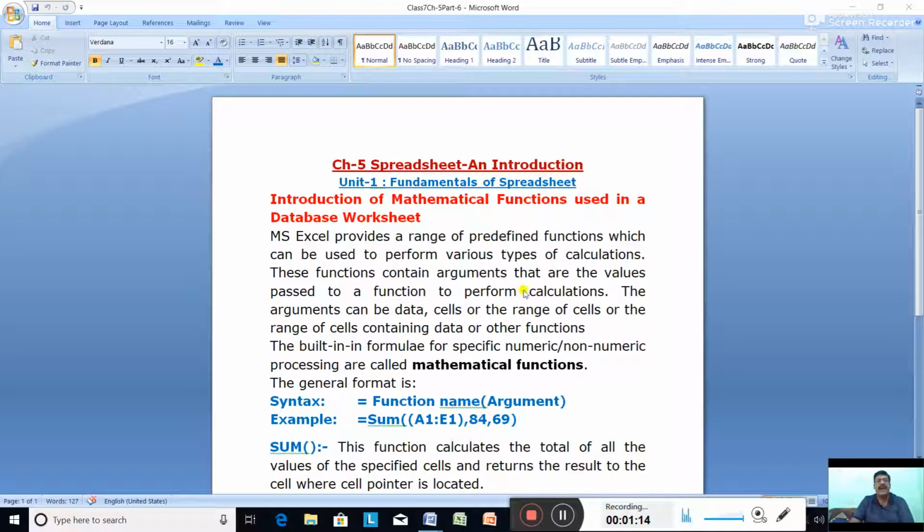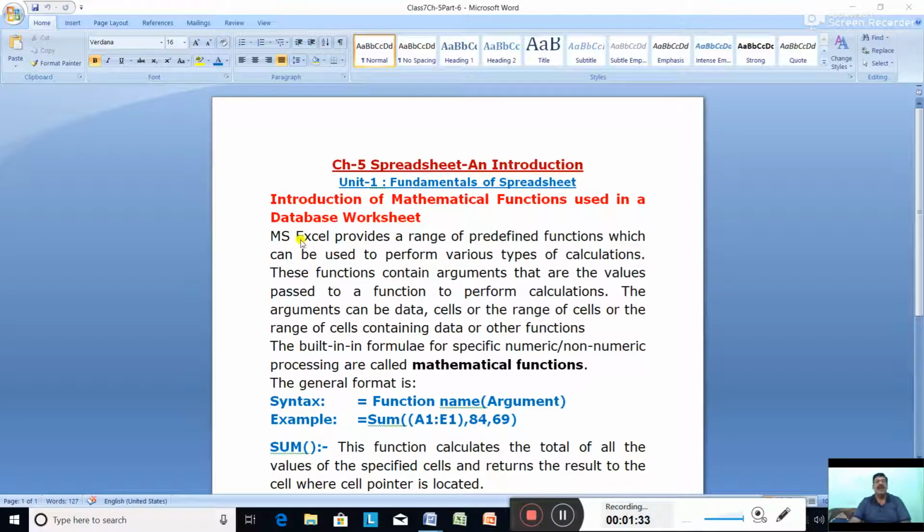So arguments we write in the brackets of the function. Functions are like sum, like average. The arguments can be data, or cell names, or a range of cells containing data or other functions.